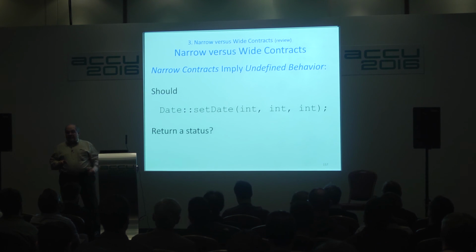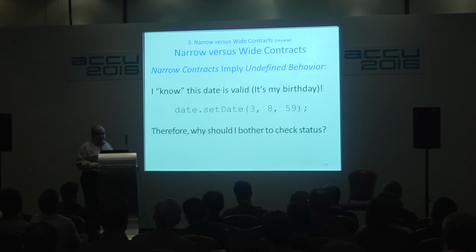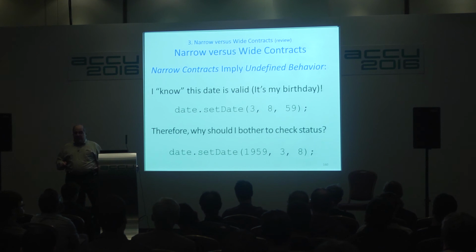Because maybe the dates aren't valid. Now, this is a design question, right? What do you think the answer is? Okay, absolutely not, because what happens is, here's my birthday, 3/8/59. I know it's my birthday, so I don't need to check anything. So I'm not going to check the status, and now it turns out that I should have called it this way because this is the right order of the arguments, and oh, by the way, I didn't put in the first 2 digits. So if I'm